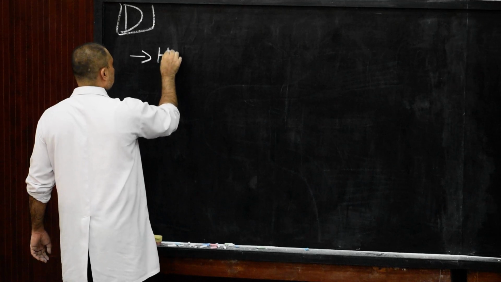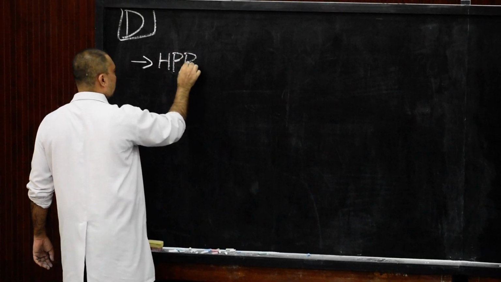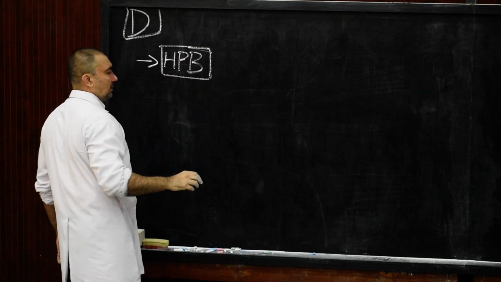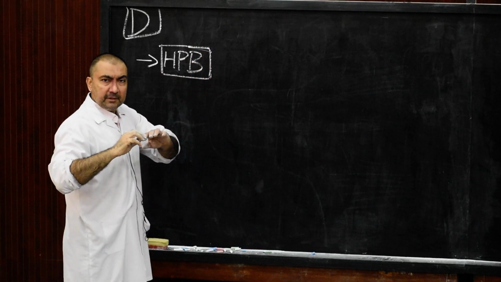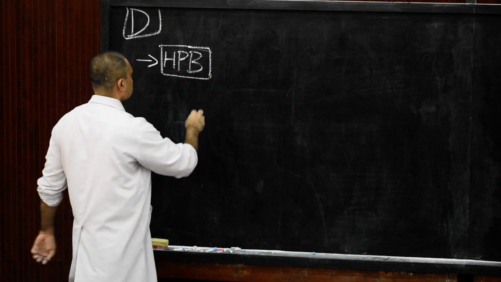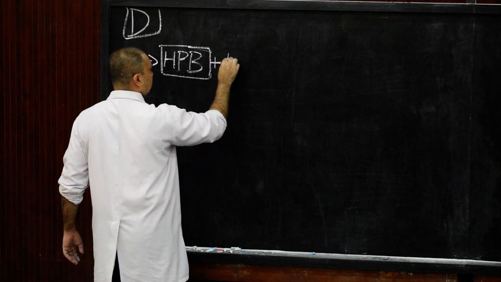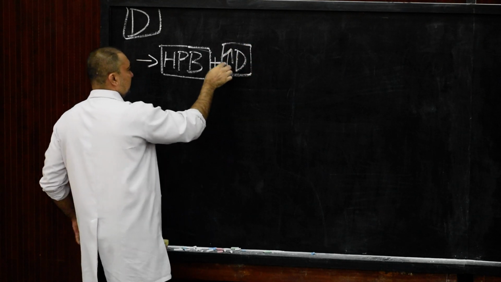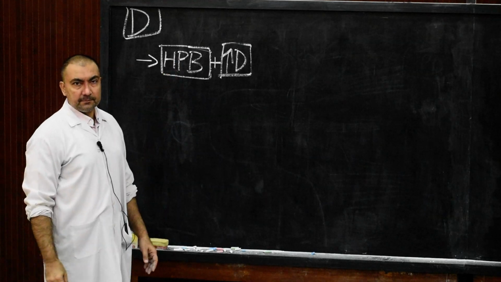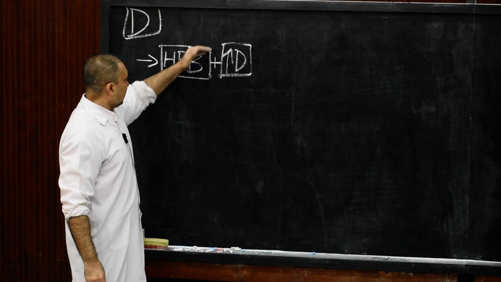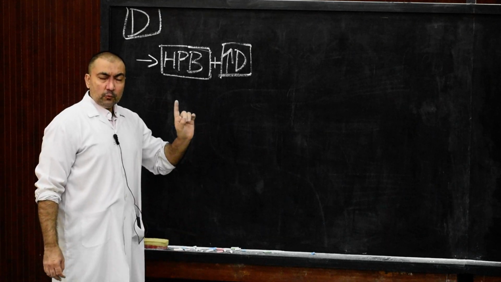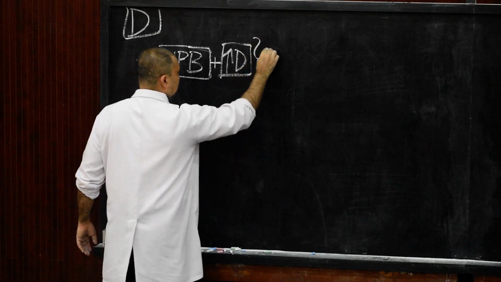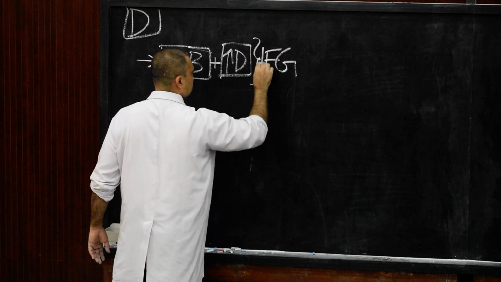So the hepatopancreatic bud or ampulla, including the portion of duodenum which is lying above this, I will put this as an ascending arrow, which is lying above the hepatopancreatic bud. The portion of duodenum which is lying above the hepatopancreatic bud will develop from foregut. So this entire structure will develop from foregut.